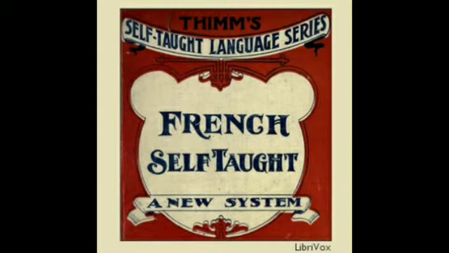The family, la famille, the husband, le mari, the wife, la femme, the father, le père, the mother, la mère, the child, l'enfant, the son, le fils, the daughter, la fille, the brother, le frère, the sister, la